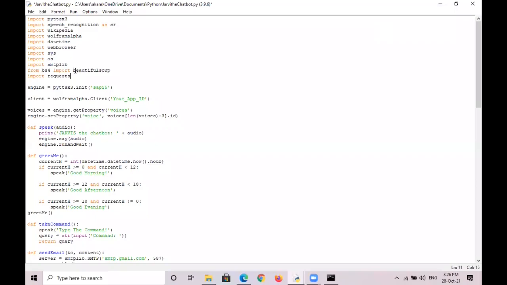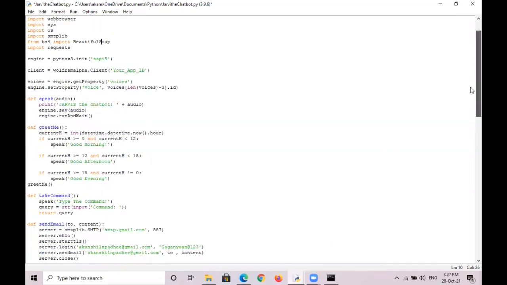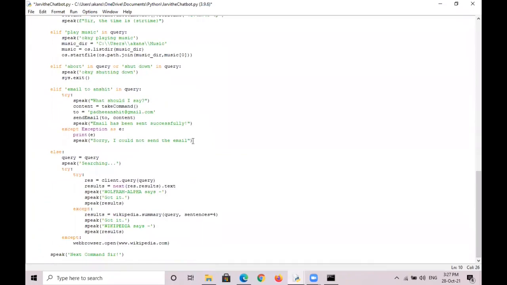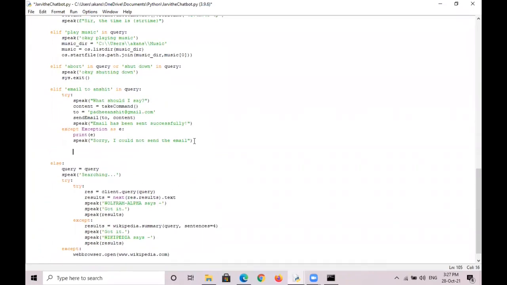After we've imported both these modules, we are ready to go. Just before that, in this line from bs4 import BeautifulSoup, the B and S in Beautiful and Soup should be caps. Let me just do that. Yeah, so from bs4 import BeautifulSoup. That's it. So now let's go down and you have to write another elif statement saying elif